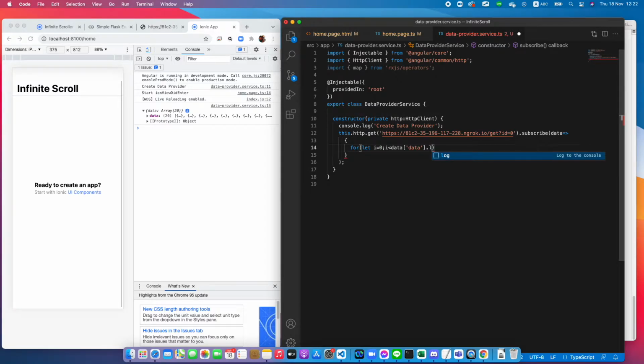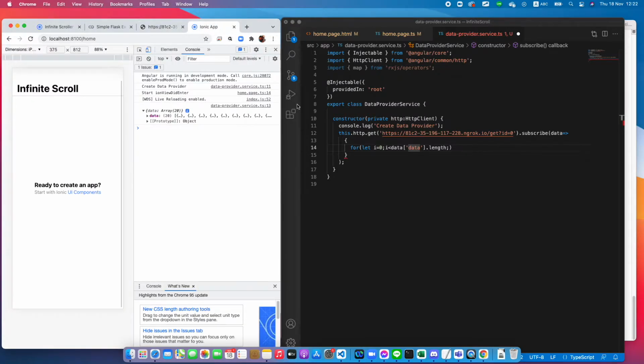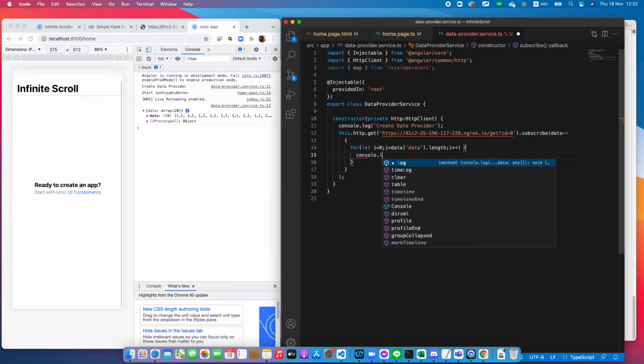So this is the array, a list that returned from outside. This term data is this key. So I use data.length and i plus plus,